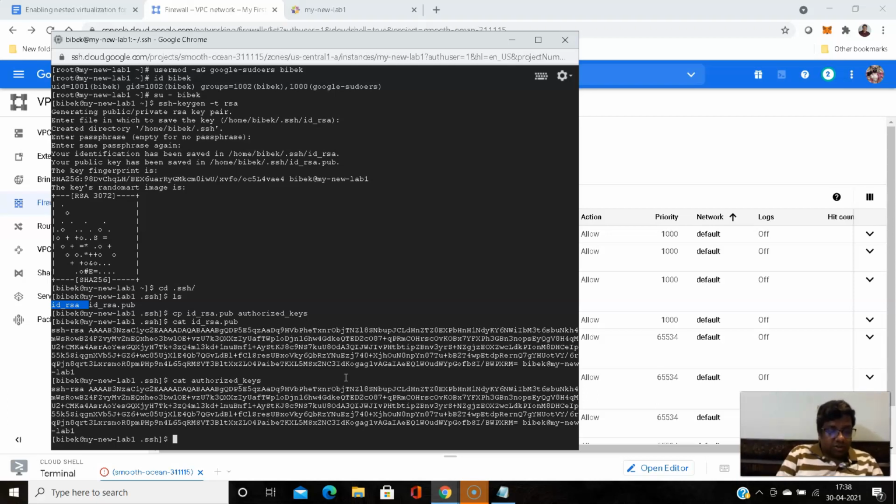So how will I do that? Just copy this IDRS file to TMP, the temp location, and give it a different name. Give it a different meaningful name like